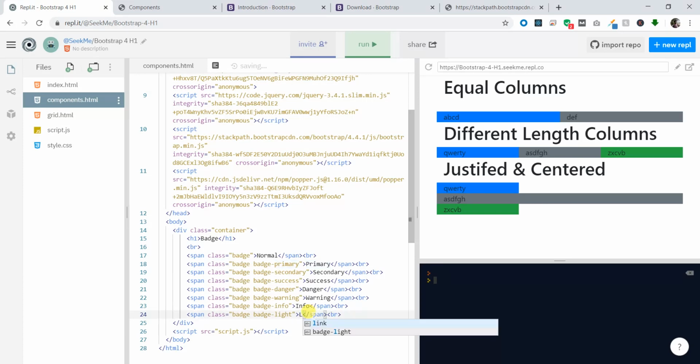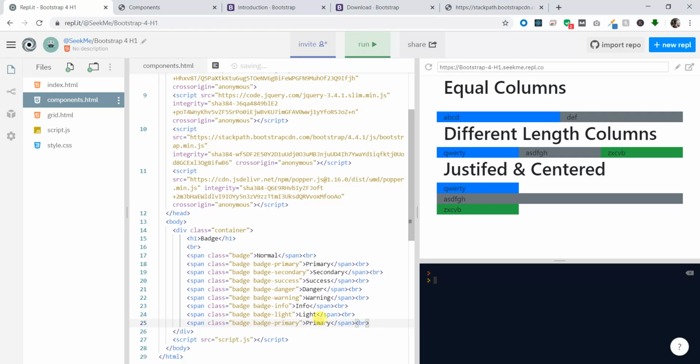Next comes the dark badge. It is used on top of a light background. These are the common ones that you can find anywhere, even in the backgrounds. You can find them as bg-primary, secondary, success and all. So once you load it,